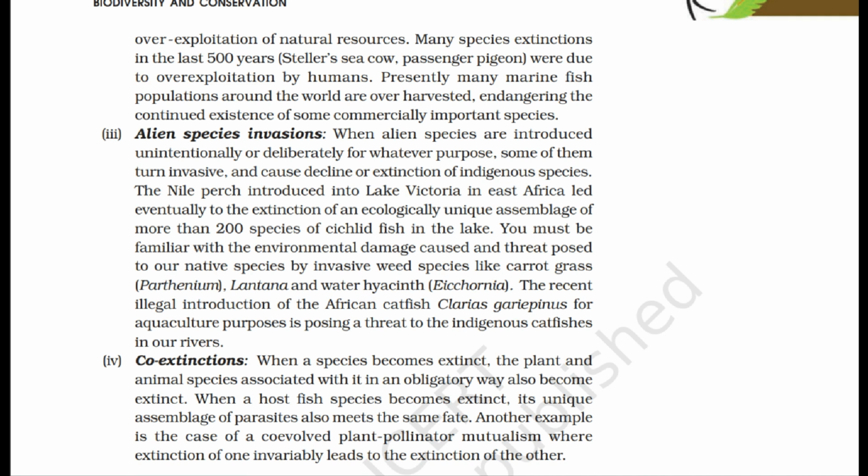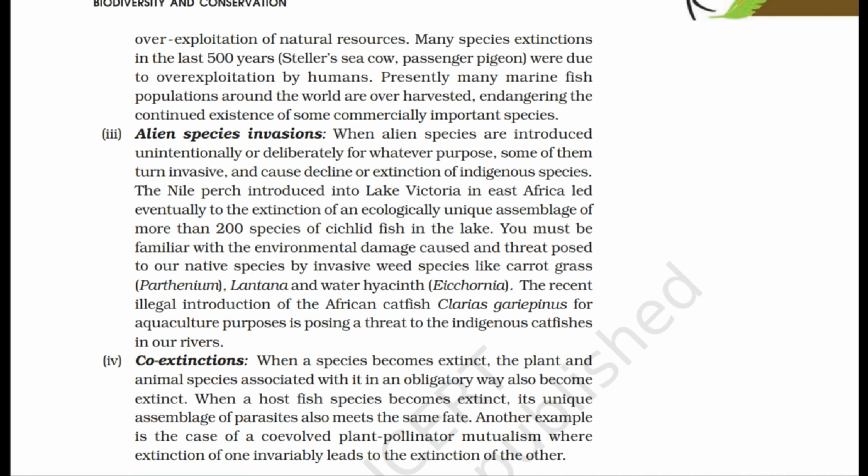You must be familiar with the environmental damage caused and threat posed to our native species by invasive weed species like carrot grass, Parthenium, lantana and water hyacinth, Eichhornia. The recent illegal introduction of the African catfish Clarias gariepinus for aquaculture purposes is posing a threat to the indigenous